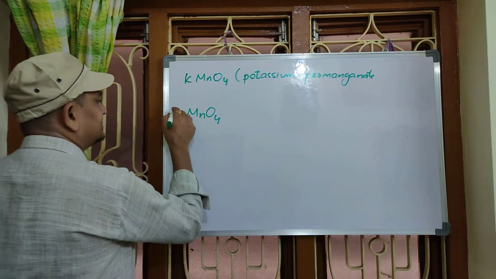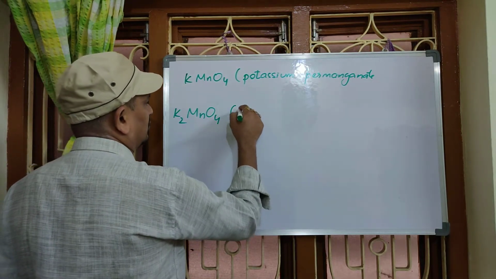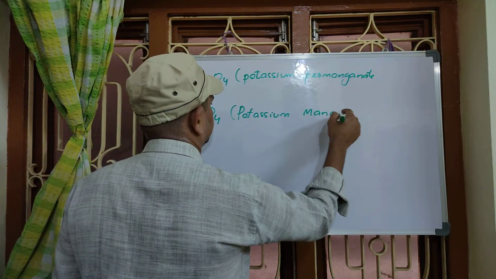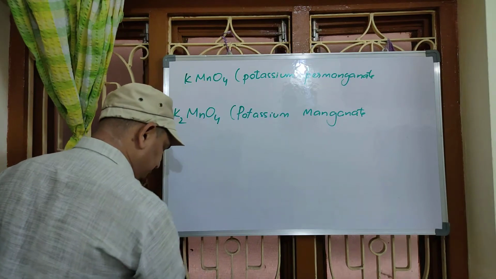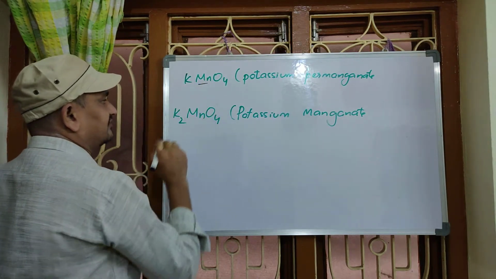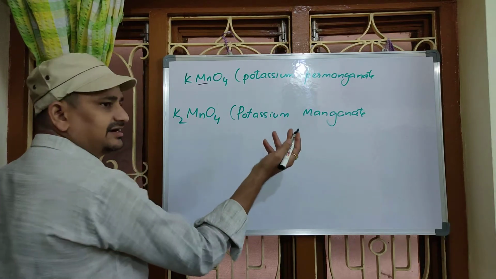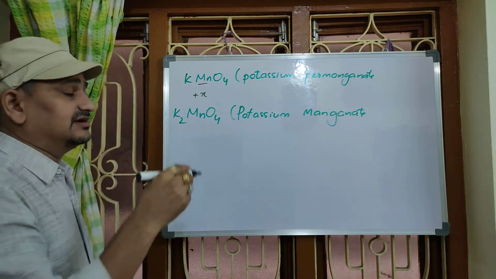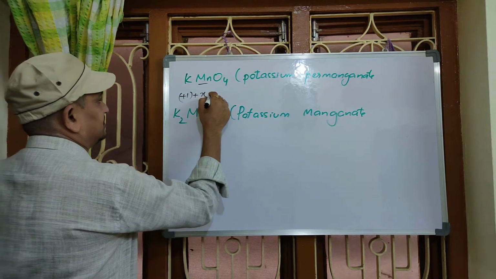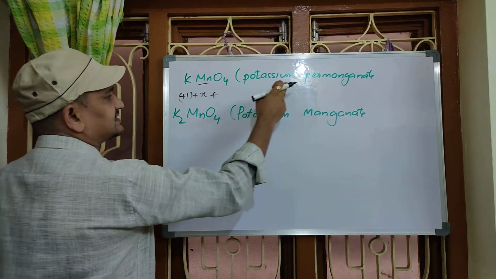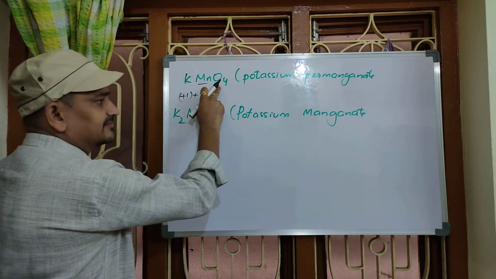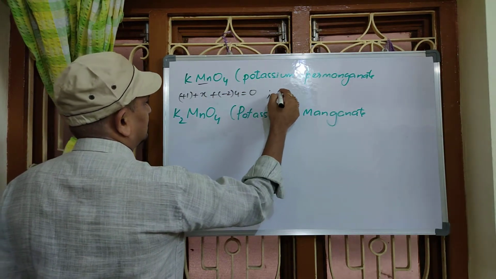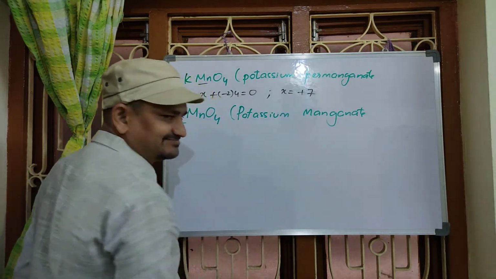But now what's the case? This is K2MnO4, called potassium manganate. Now, in these examples, let us find the oxidation number of manganese. Already we solved the same case. X plus potassium, a 1A group element, alkali metal, first group always shows +1. Plus each oxygen: there is no peroxy bond, even though the per prefix is there. So all the oxygens bear -2 into 4 equals 0. X equals +7. Same thing.